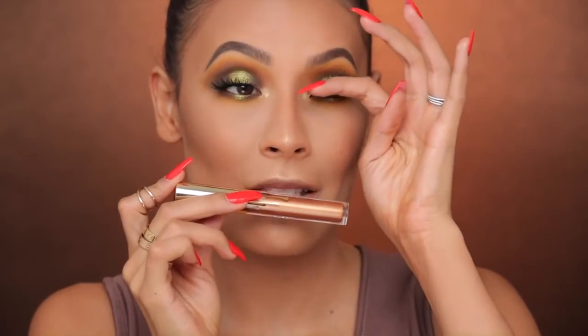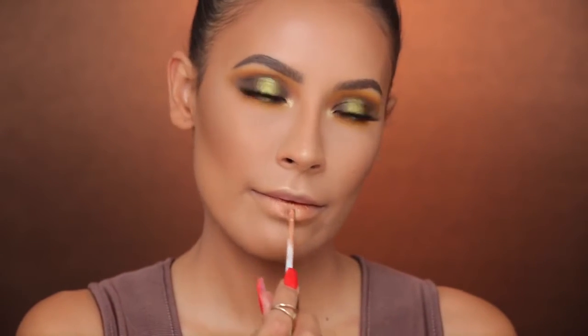Now it's time for lips. And I'm not sure what to do for lips. I wanted to do something bronzy, but I don't know if I'm gonna look really crazy because this makeup looks already pretty crazy. This is the Kylie Cosmetics Lord lipstick. This is the lip. If you guys aren't into this lip, because I know it's really out there, it's really different for some people, you can go ahead and opt for a nude lip. Or I feel like this look will also look really good with a deep, deep burgundy lip. Even with the green and everything, I think it would just look...